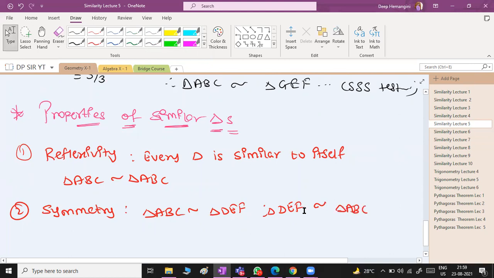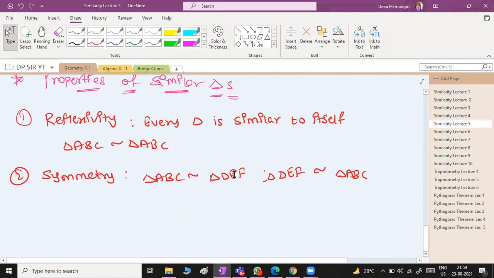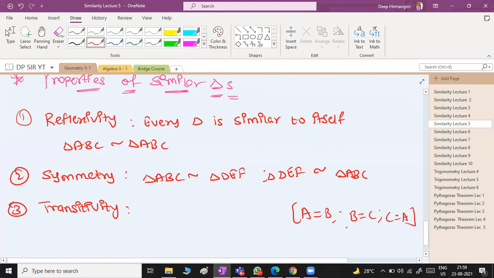ठीक है? Then comes transitivity. Basically transitivity means, ट्रांजिटिविटी मतलब AB को इक्वल है और BC को इक्वल है तो AC को इक्वल. ओके, ये रिफ्लेक्सिविटी मतलब एक दूसरे को सिमिलर होना और ट्रांजिटिविटी मतलब पहला दूसरे को, दूसरा तीसरे को और तीसरा पहले को. सो सॉरी फॉर दैट मिसकंफ्यूजन. ट्रांजिटिविटी हम लोग अच्छे से लिख देते हैं, so that there is no confusion. ये ब्रैकेट में लिख दो चाहिए तो, अगर AB को इक्वल है BC को इक्वल है तो CA को भी इक्वल होगा, वैसे ही triangle ABC